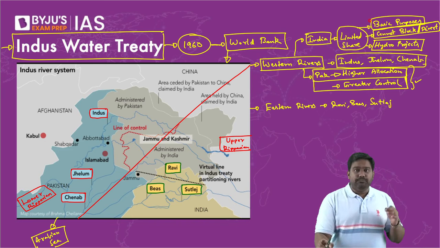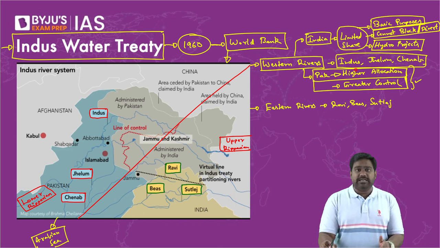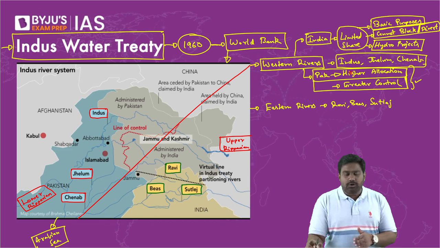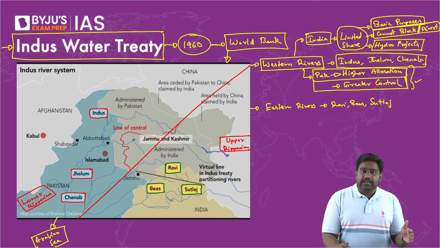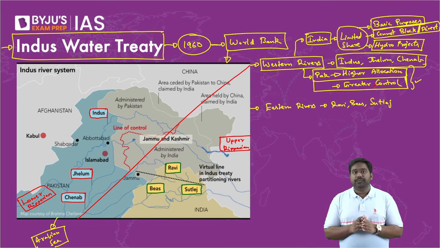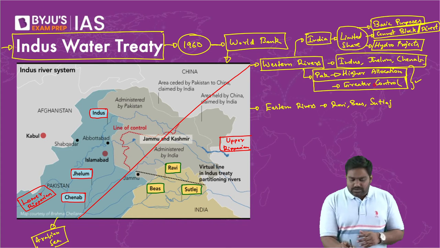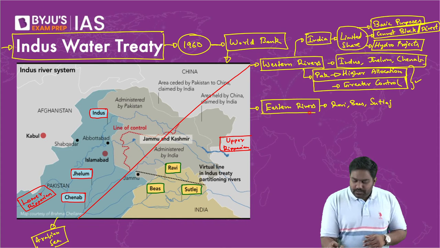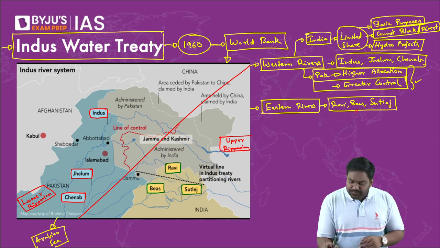We can use it for some basic needs. Some small share is assigned for drinking and irrigation. The rest is for hydropower generation, and we cannot block or divert these three rivers. Got it? Now coming to the eastern rivers, Ravi, Beas, and Satluj, they are the lifeline of Punjab,